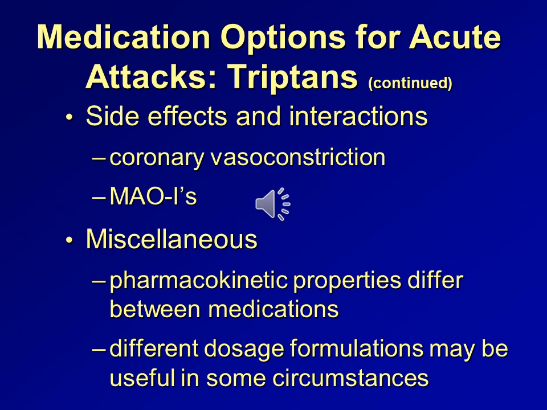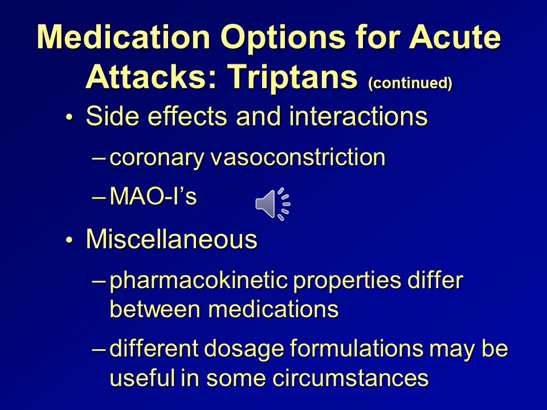When determining which triptan would be appropriate in a patient, differences in pharmacokinetic properties such as onset of action, duration of action, and route of metabolism should be considered. For example, some medications in this class are metabolized through the liver's cytochrome P450 system and may be a cause of drug interactions. It may be wise to avoid these agents if the risk of interaction exists, or if the patient has liver disease. Medications in this class that are predominantly excreted in the kidney would be avoided in patients with renal disease.